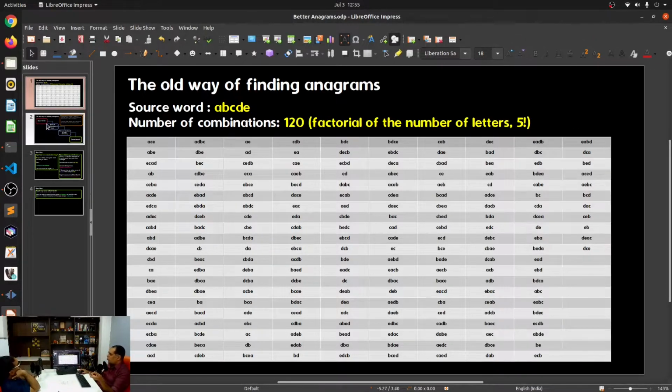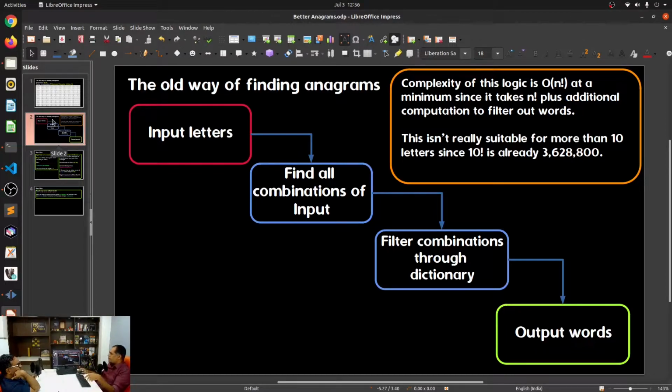All right. And the old way was as simple as that. You take the input letters, you find all the combinations of the input, filter the combinations through a dictionary, and then you output the words. At best, the complexity of this logic is O(n) factorial.